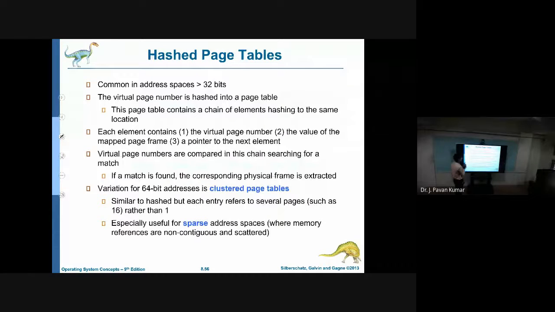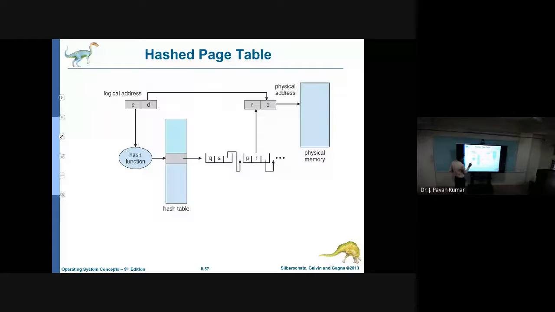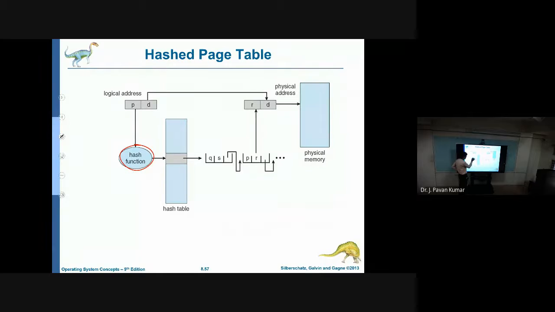Okay, next another implementation of page table is the hashed one. I'll show you the example. Yeah, we will just apply a hash function. I hope you know what is meant by hashing. In data structures you might have learnt it. A hash function is nothing but a mathematical formula or mathematical function. By giving the key as the input, we will be getting the value as the output. That is nothing but hash function functionality.